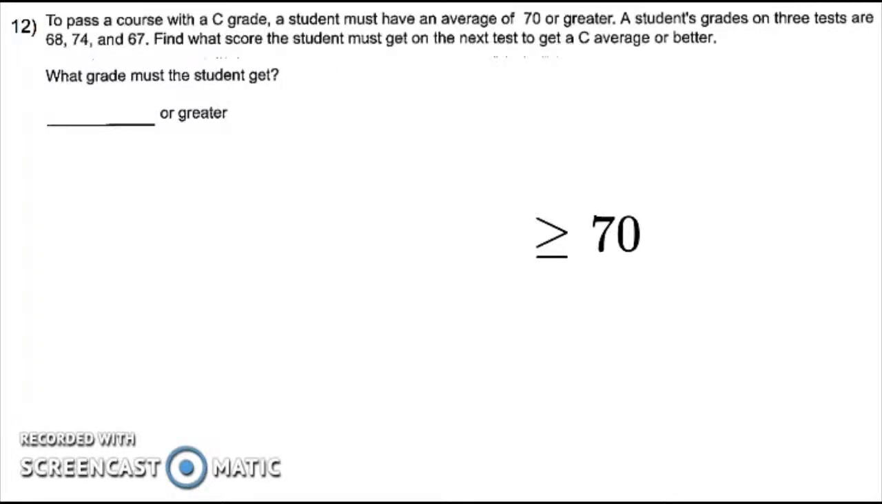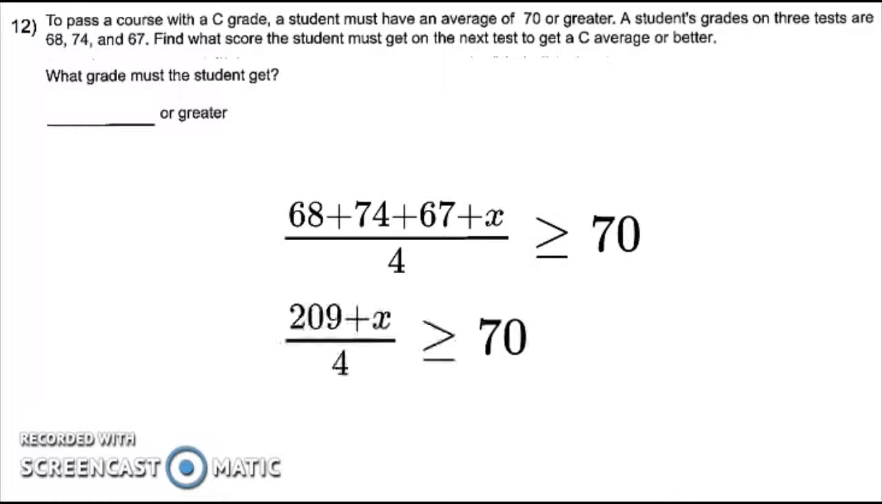Now to find the average of something, you add up the numbers and then divide by the amount of numbers. So we're going to have 4 numbers total, our 3 tests that were given plus the next test. So we have the 4 tests being added up and divided by 4. We don't know the 4th test, so we're going to make that x. So adding up those 3 numbers, we'll get 209 plus x over 4 is greater than or equal